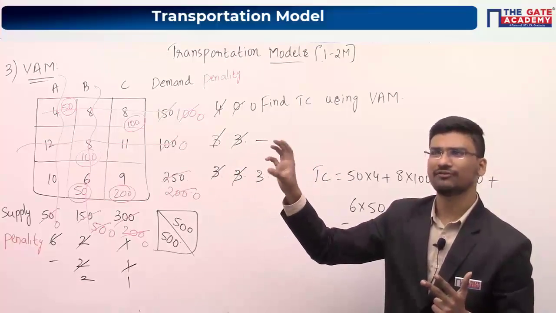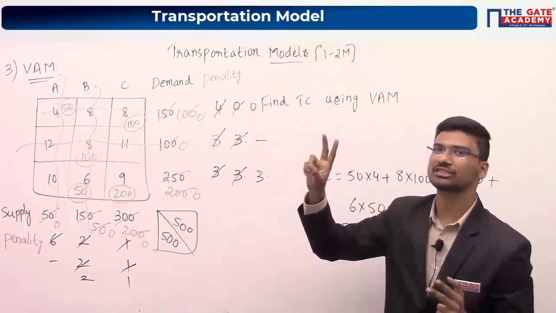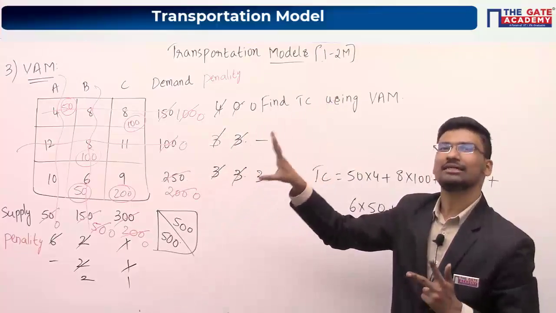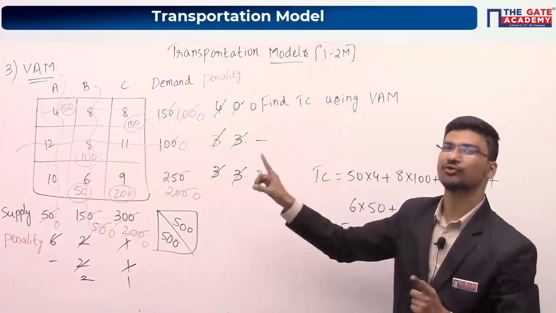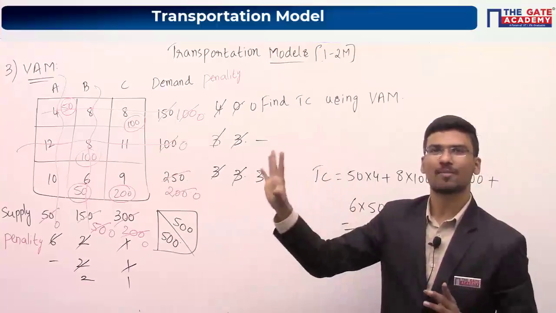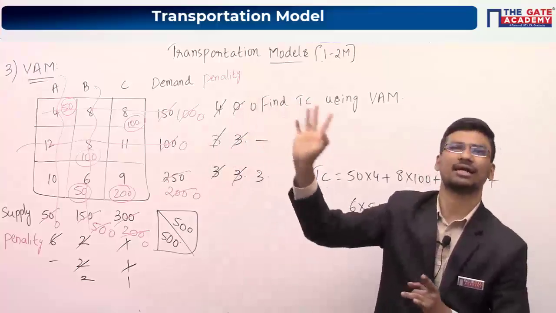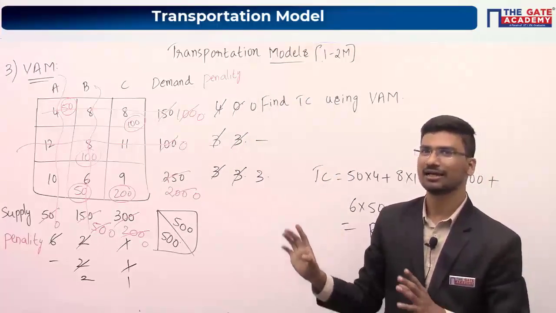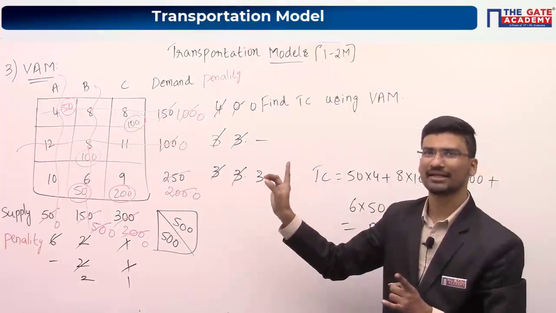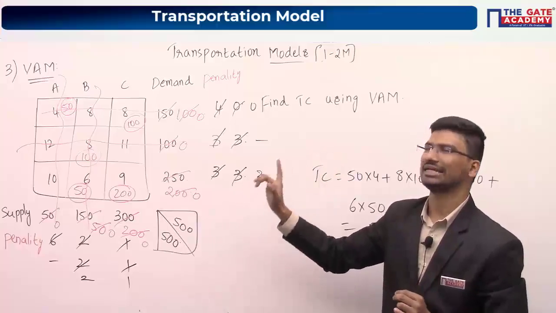See, in the least cost method, we went to the cell where we have the least cost, right? But here we are comparing two least costs and then allocating. So definitely the VAM method will give you a better solution when compared to the LCM and NW methods. Among the three methods, the VAM method is the best, next LCM, next NW method. So you have to give first preference to VAM, and you will always get a better solution with it.